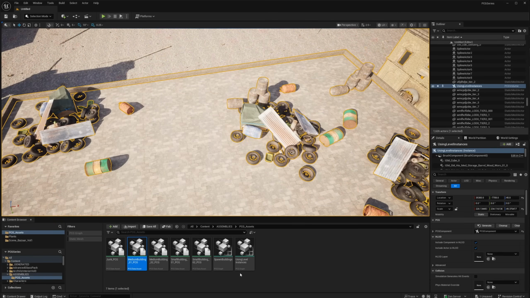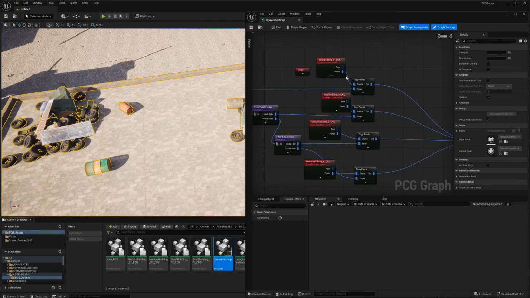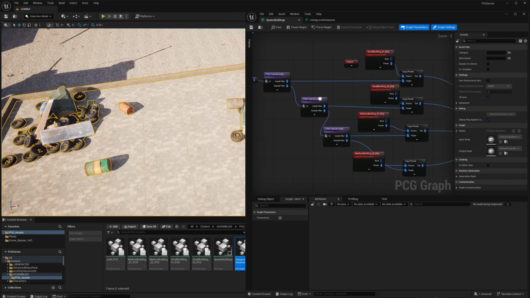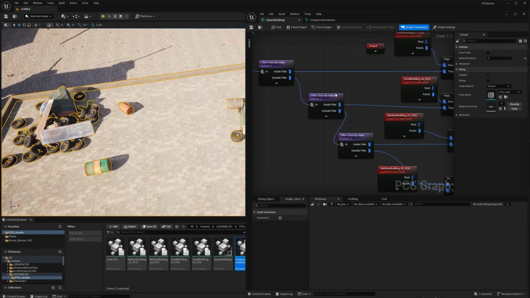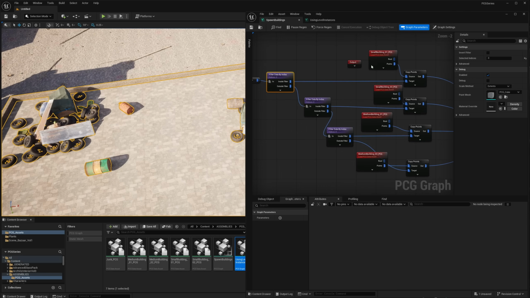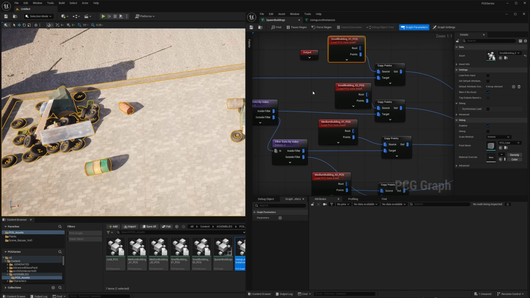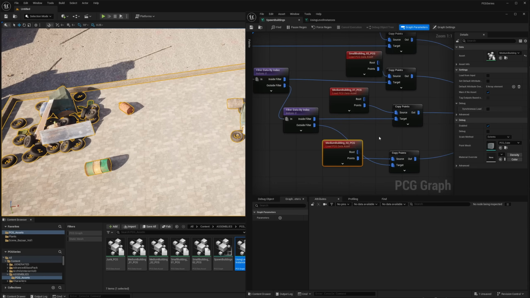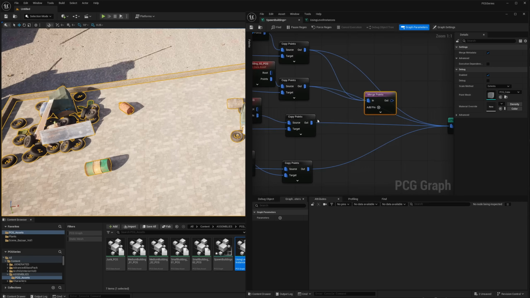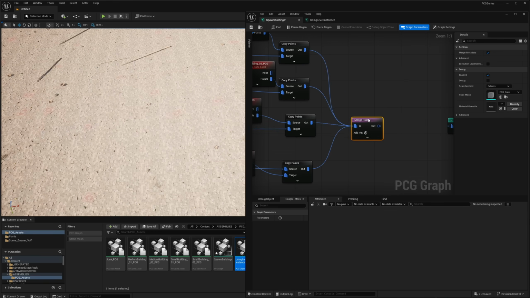So let's open the spawn building graph. When we are spawning our buildings, I'm filtering, I'm getting the data into 4 different sets, and for each set I'm using a different level for each house that I created. So here, after I get the data for all of the houses, let's say that I'll do